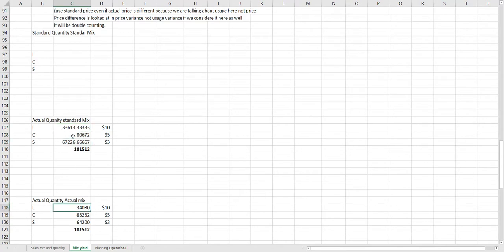So if I had used the materials according to the standard quantities, I would have used this material less. But actually I've used more, so that means the mix variance is adverse. Why? Because I have used more of the expensive material. I should have used less. The material that is cheaper, I should have used more, but I have used less. So that means my mix variance would be adverse. So multiplying by the price,